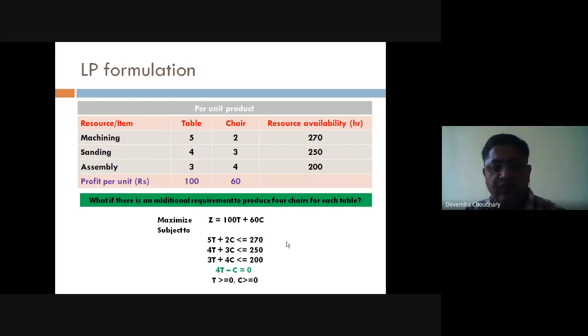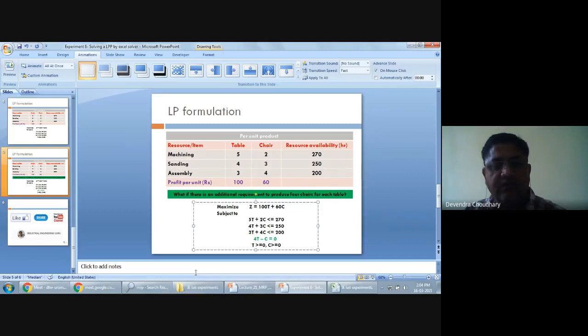Now I will show you how we can solve this formulation. By solving, we mean finding the optimal values of the decision variables T and C, so that our profit is maximum and no constraint is violated.